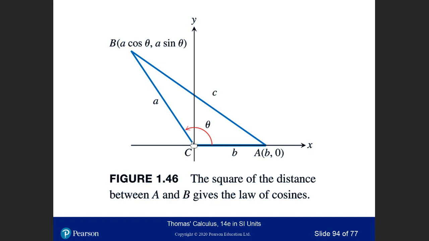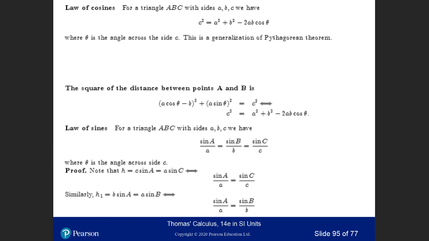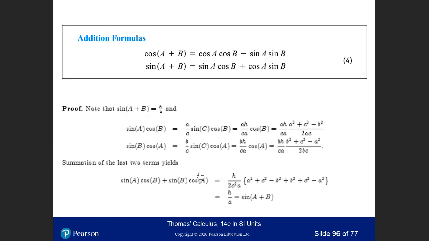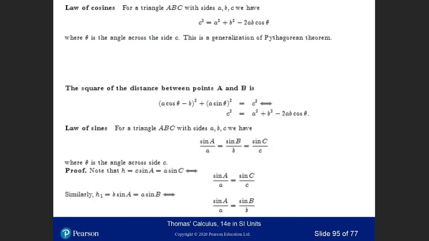Okay. Now also the same distance is equal to b times sine A. So you have this equality. Okay, sorry. H1 is equal to b sine A and a sine B. From this you have this equality. If you divide by ab, sine A over a, sine B over b, so both together you have the law of